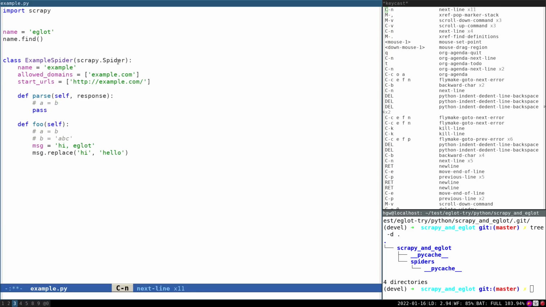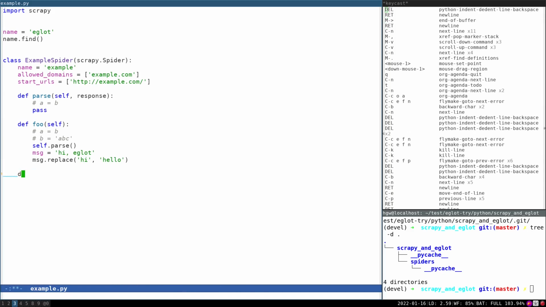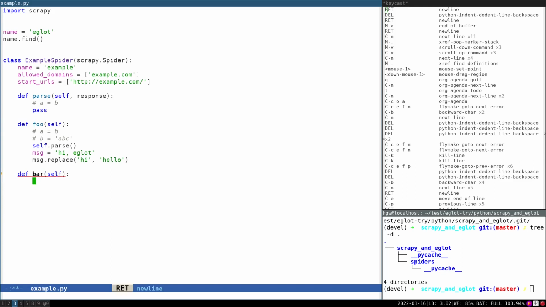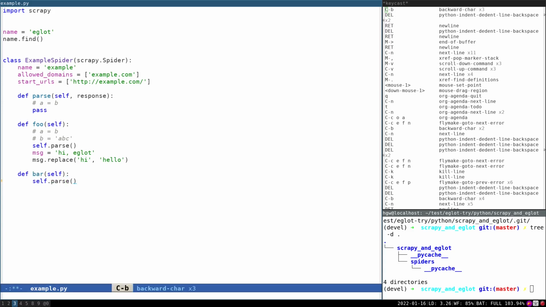Let's make this foo method call self.pass, and another bar method also calls pass. Now move the cursor to pass and then type